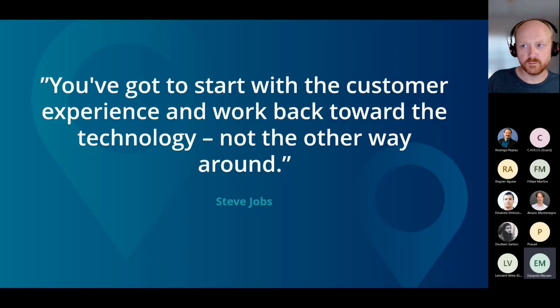So the first thing we need to think about is that this is not about the technology. This is really about the experience, the user experience or customer experience. In this particular case, it is the internal user experience that matters most, because when you are dealing with multiple different assets, multiple different repositories, and everything all over the place, and you don't know where to find something, that's a terrible experience.